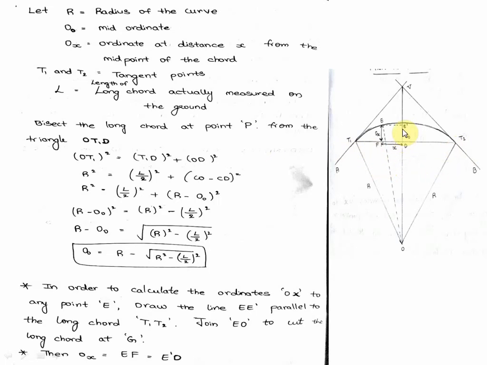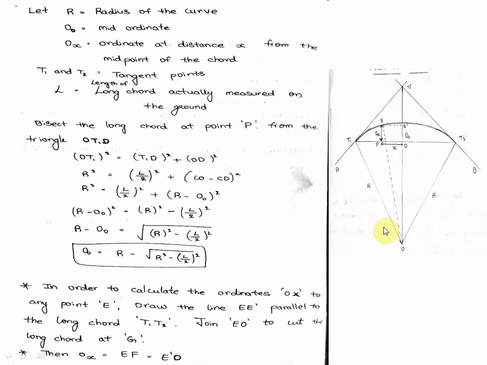So we need to find O0. To set out the points on this length of curve, we need to find the offsets. We are going to locate these offsets from the long chord, that's why it is called offset from long chord. First we'll calculate the mid-ordinate, then Ox, the ordinate at any point on the curve. First consider this triangle OT1D. Here apply Pythagoras theorem: OT1 square equals T1D square plus